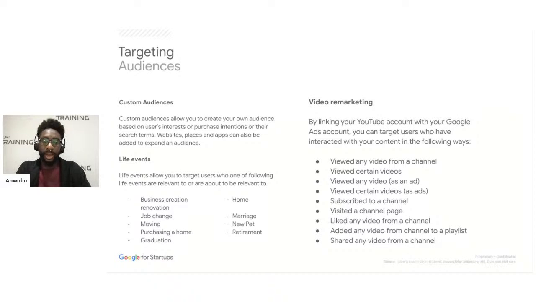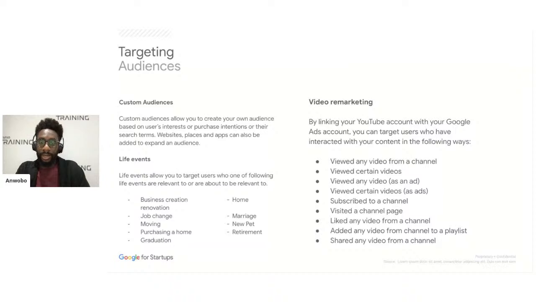This is where, and I think it was Sadia who was asking earlier, would it be possible for you to target Tesco customers, for example? You could create your own custom audience list based on users who have searched for the words Tesco, Tesco shopping, and Tesco delivery, and the users who've also gone to websites similar to tesco.com or tesco.co.uk. Therefore, you'd be able to create yourself a custom audience based on signals that these users are interested in and have interacted with Tesco, and you'll then be able to create ads to target those users.